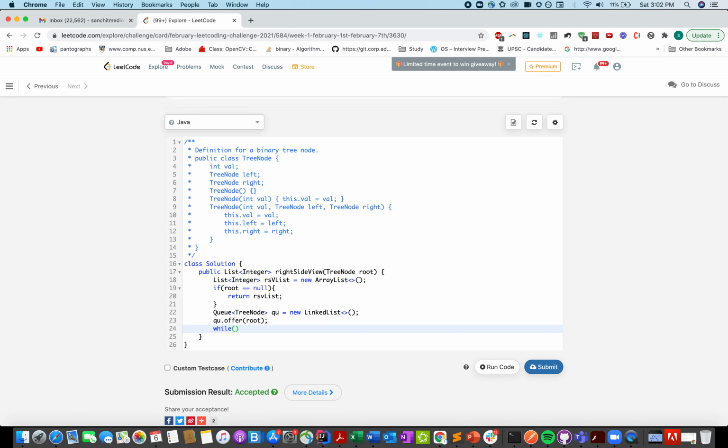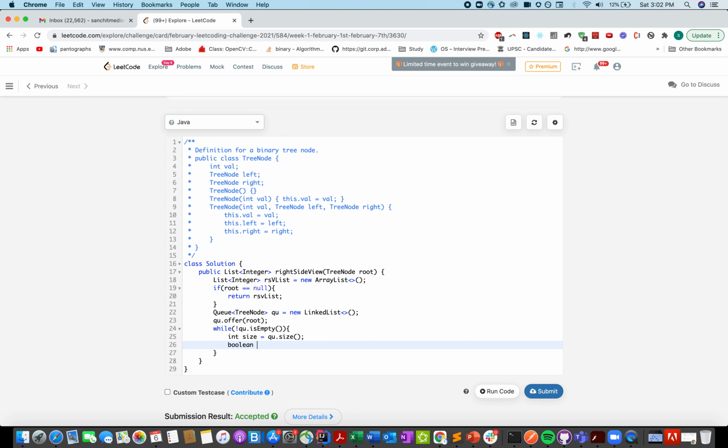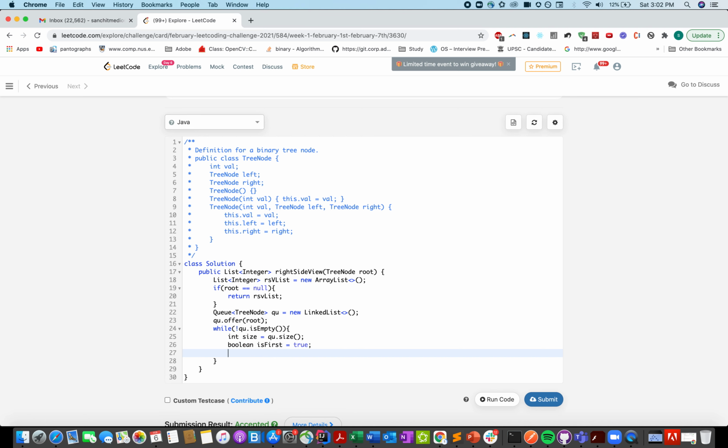While queue is not empty, I'll calculate the size of the elements at the current level, which will be given by q dot size, and I'll create a new variable isFirst. I'll update it to true. The default value is true, and for each level, because at each level we have to add the first element in our answer RSV list. So yeah, sorry for the typo here.